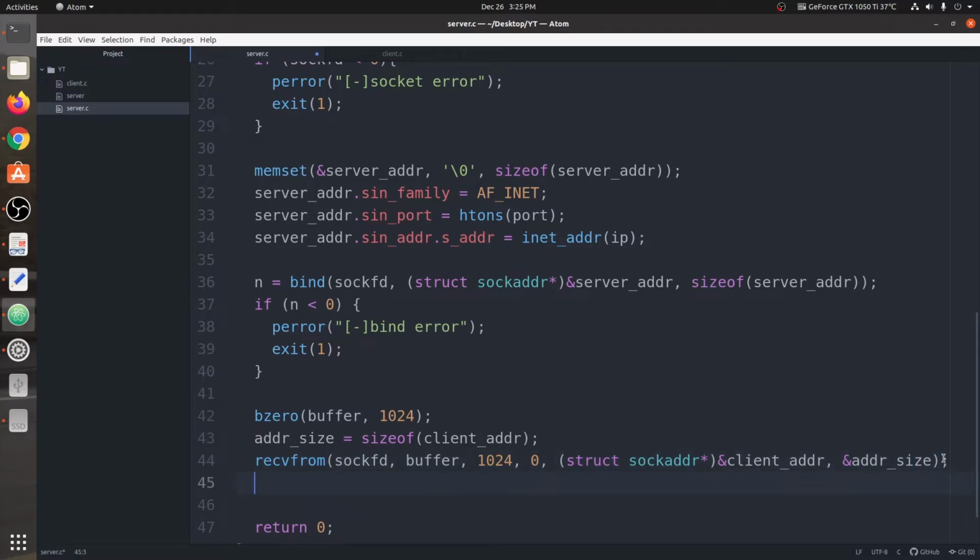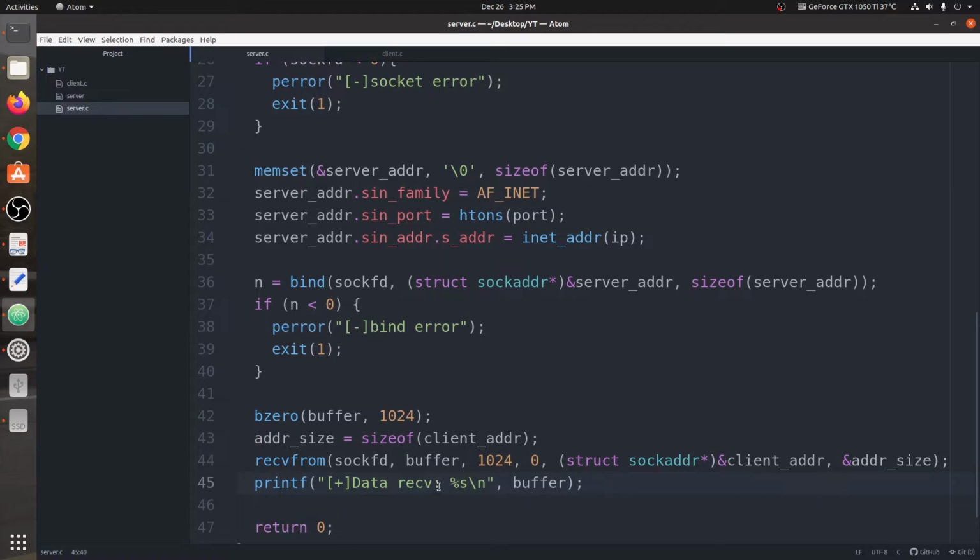So we have received the data in the buffer variable. Now I'm going to print it. We're going to say data received, percent s, and then new line, buffer.